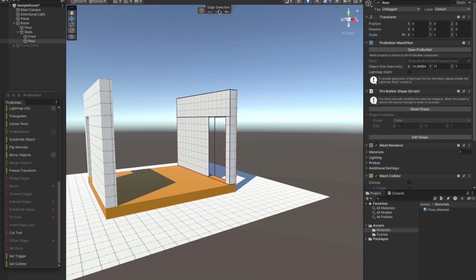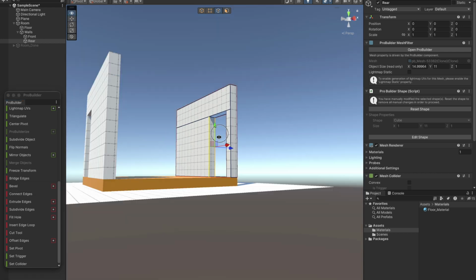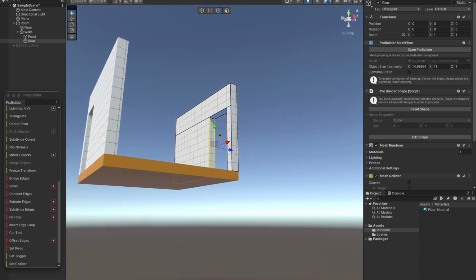Go to edge selection mode, select the two edges and bridge the gap between the two edges. By clicking on bridge edges, you can repeat the process for top and right side as well. Let's do the same process for top side. Bridge edges,